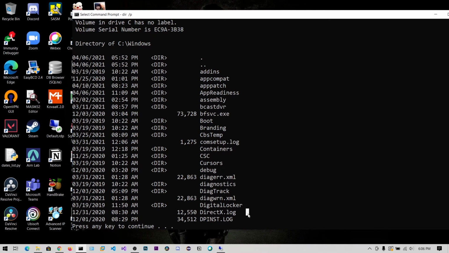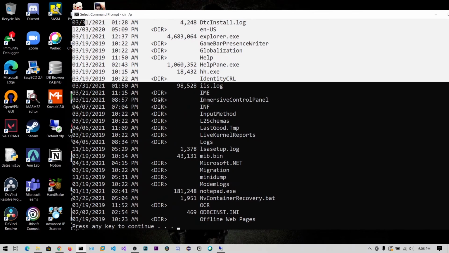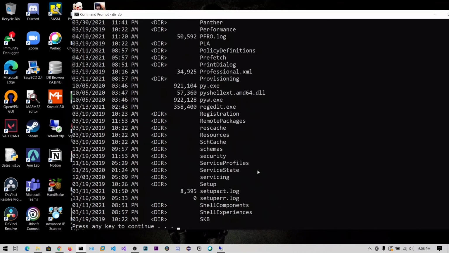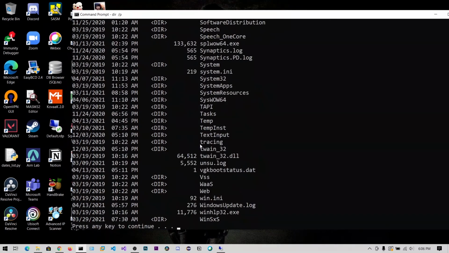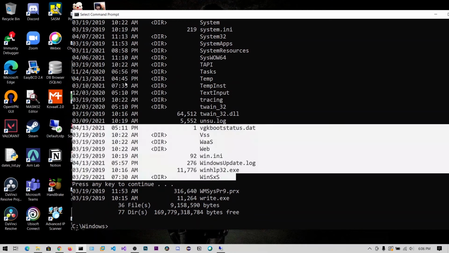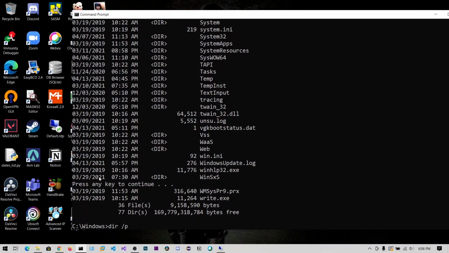So it is similar to the more and less command from Linux. Now if you want to scroll down, you can press any key. Now this is the next page, and if you hit enter, this is the next page, and next, and this is the last page. So if you want to see the topmost results, you can say /p.